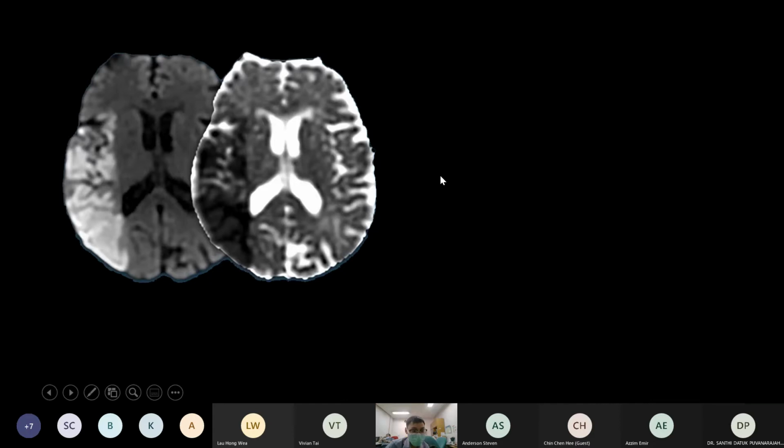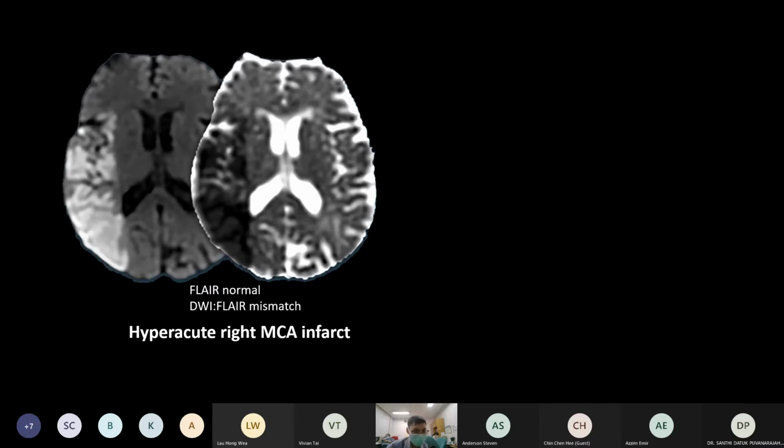So if DWI appears bright, that means this is something we call penumbra. Okay, and we compare with the FLAIR sequence. If the FLAIR sequence is normal, then it means that this infarct is not established yet. It's just penumbra. There's no core yet, because FLAIR can detect core and DWI can detect penumbra. So in this case, this is a DWI-FLAIR mismatch, which suggests that this is a hyperacute right MCA territory infarct. Okay, so it's actually a clear-cut method